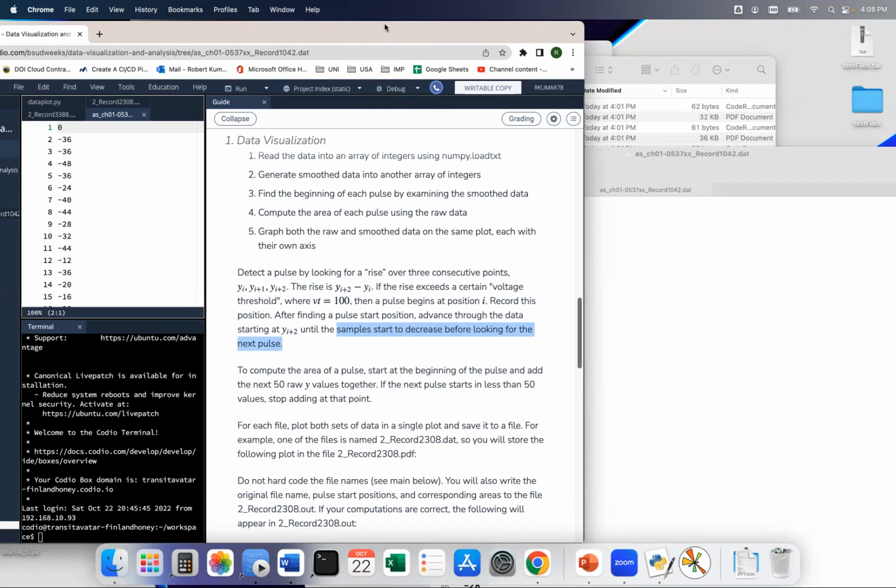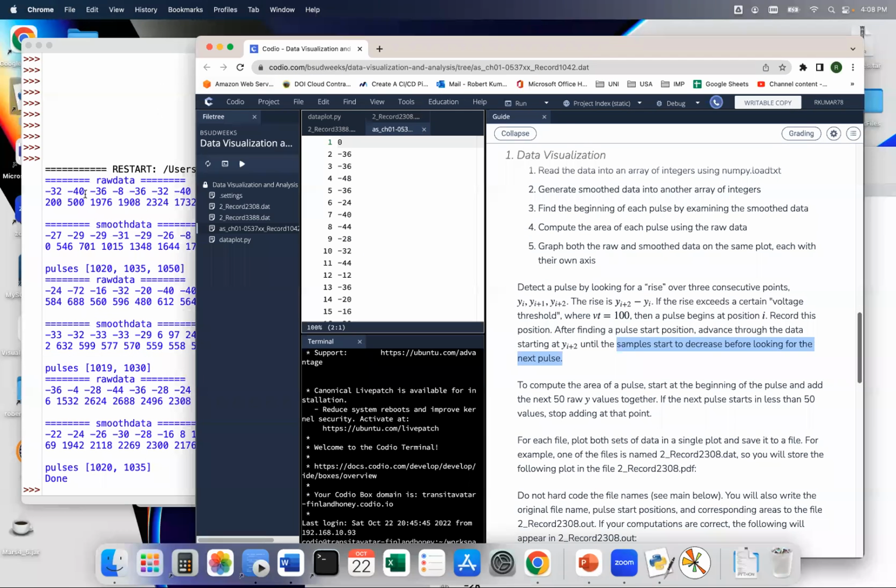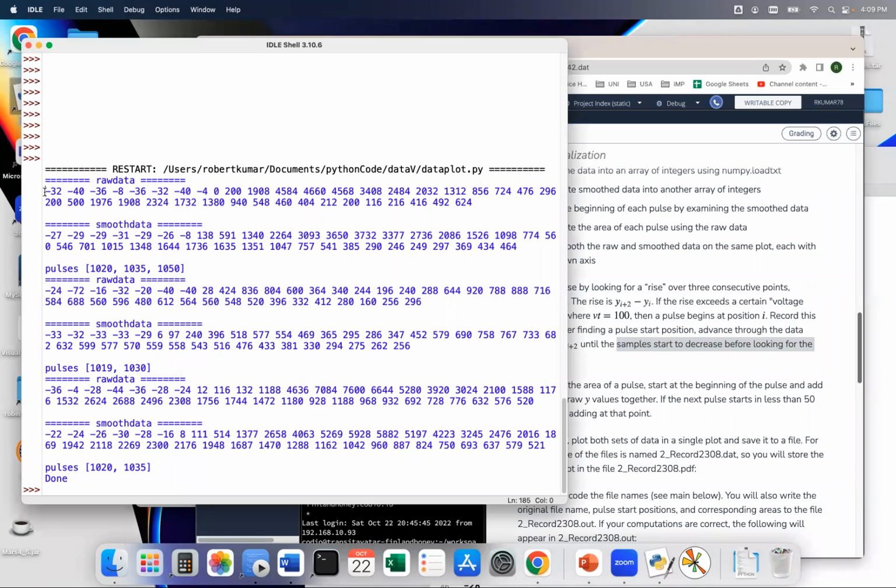So if you look at my output here, I have all the raw data. This is not starting at the beginning; it goes from a position in the array to some other position. It's not the full data, because the full data is 3,000-something numbers. So that's my raw data, and then I smoothed it out. You see, at that particular position, -40 changed to -29, and so forth. So this is all smooth data based on the formula that's given. And like I said, this array that I'm printing is not starting at position 0. It's starting at index 1,000-something, because I want to show you the